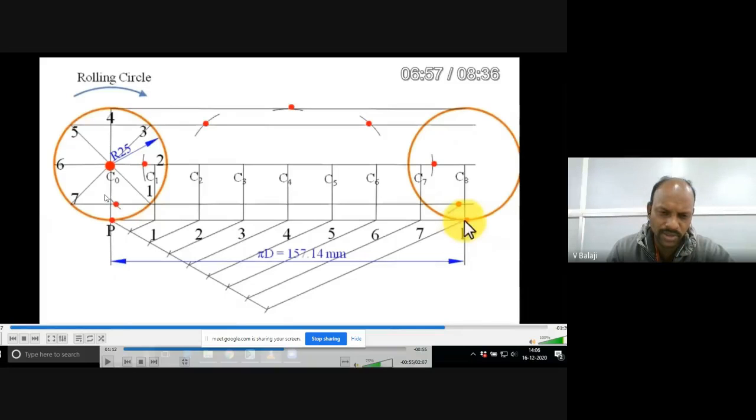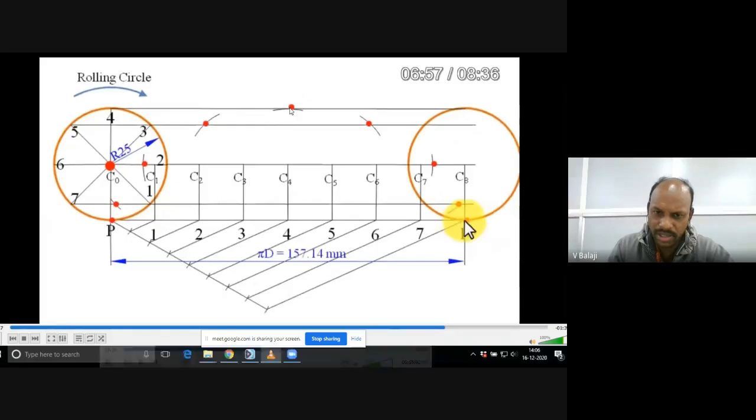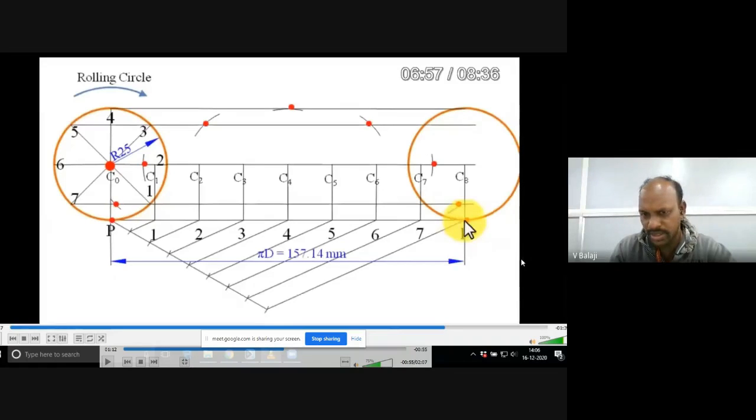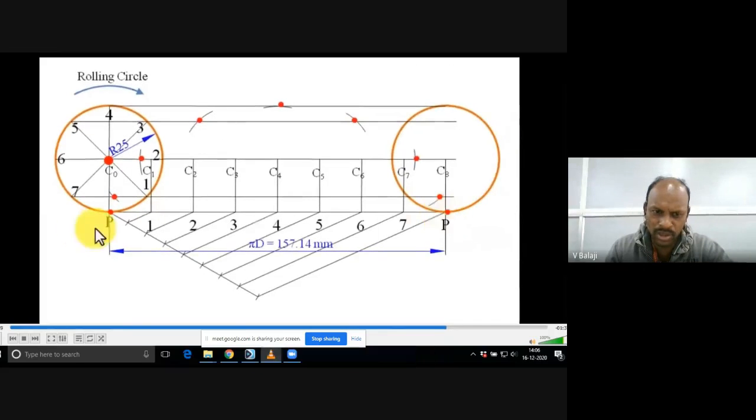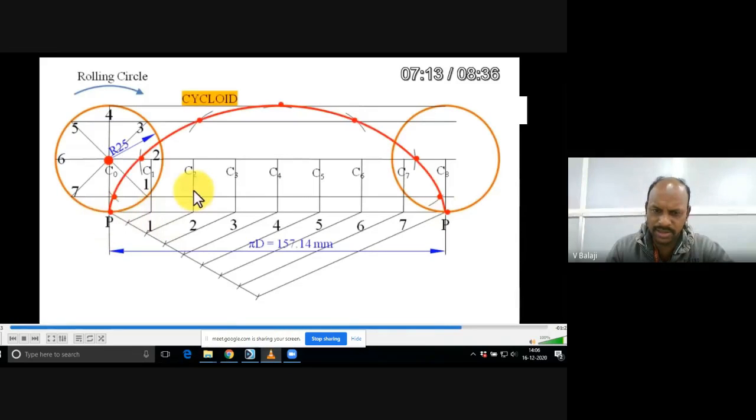So if you are having instruments, then you can easily practice. Now because it is a symmetric curve, this is the midpoint, right? It started here, it has come to here. After that, again, don't cut left hand side. The remaining arcs you have to cut right hand side, so that half of the curve is symmetric about this particular center line. It is a mirror image, okay, almost mirror image you will get at the end of the curve. Now you take your HB pencil, join with a smooth curve, passing through all these points, okay, like this,